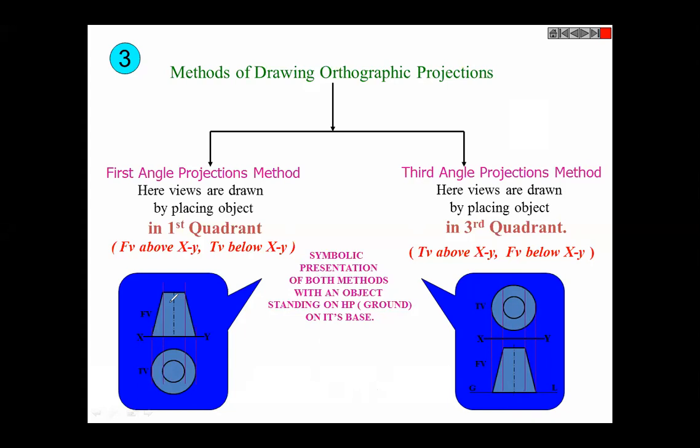Pay attention here, everyone. This front view is touching this line, and this one is touching this line. What does it indicate? That this frustum of the cone is placed on the ground, so obviously it will be touching that line. This represents the ground, see, GL is written here. When it is in the first quadrant, it will be staying on the horizontal plane, and that horizontal plane is represented by the XY line. That's why it looks like it is touching it, and it should touch. This is the correct representation.